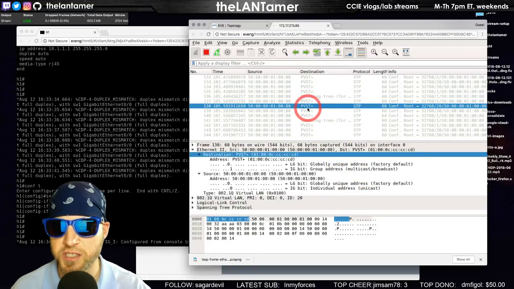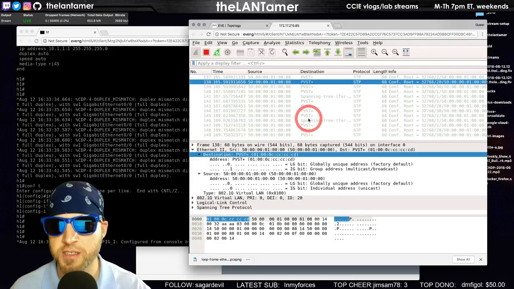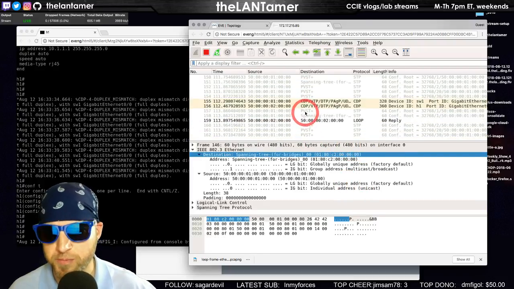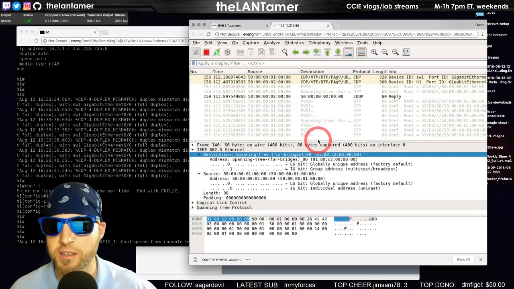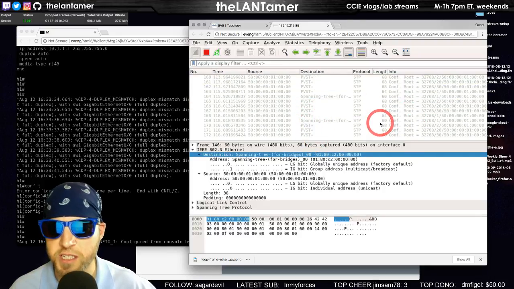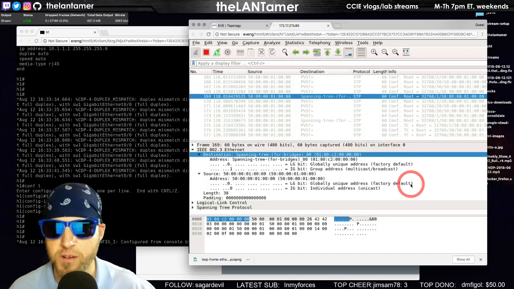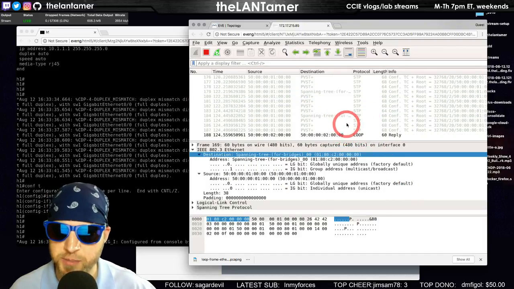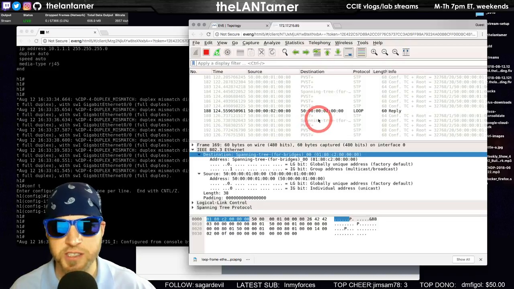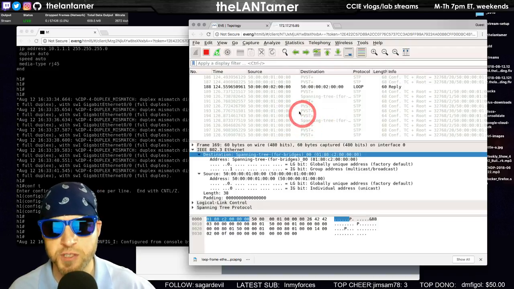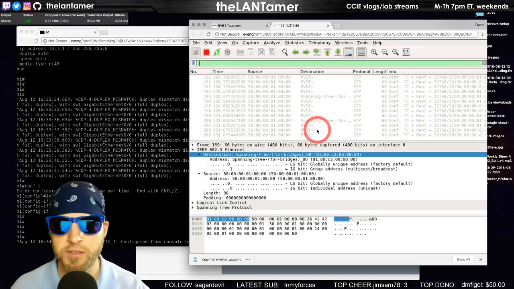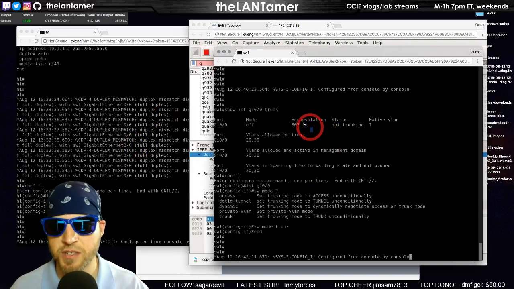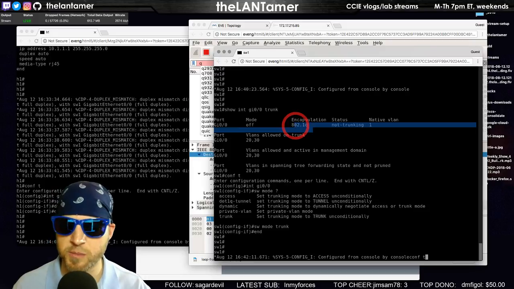We're still sending PVST, but we're now sending spanning tree for bridges, 802.1D compatible BPDUs. We're sending both, right? We are not sending DTP. We're still not doing any negotiation of the trunking, even though this shows 802.1q encapsulation. I'll bet it does.